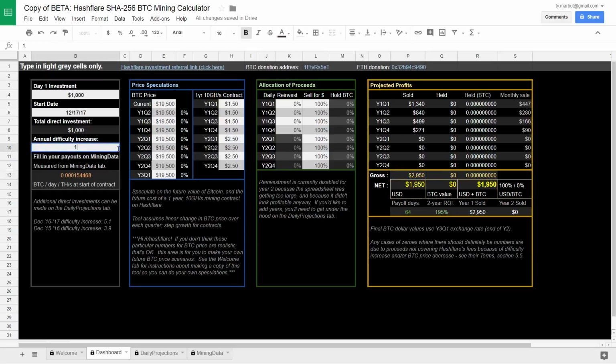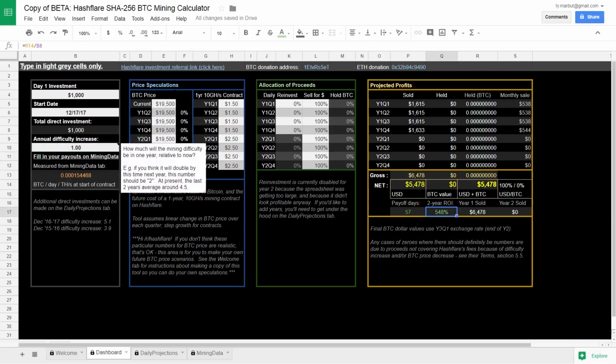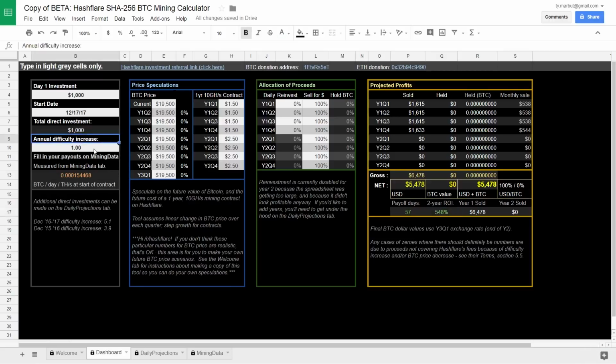Let's do that one more time, actually. Let's put the difficulty back, and let's also watch the 2-year ROI. Okay, this is with difficulty assumed to be at 1, and all the prices holding steady. People are like, oh man, I'm going to make 548% on my initial investment, but if we put in a more realistic figure for difficulty increase, we're looking at